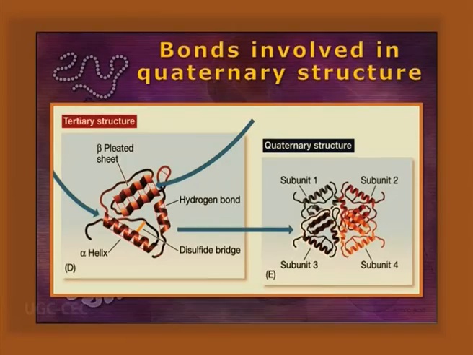Bonds involved, like in tertiary structure and quaternary structure: disulfide interaction, and ionic salt bridge interaction between the NH3 plus of lysine and the COO minus of aspartic acid of the two domains, found in the hemoglobin integrity. Hydrogen bond, hydrophobic interaction, van der Waals interaction: all of these interactions are found in the case of quaternary structure. Now, prediction of the quaternary structure.